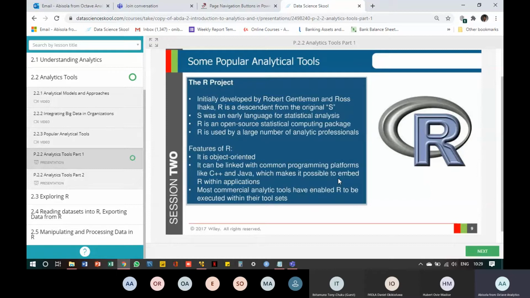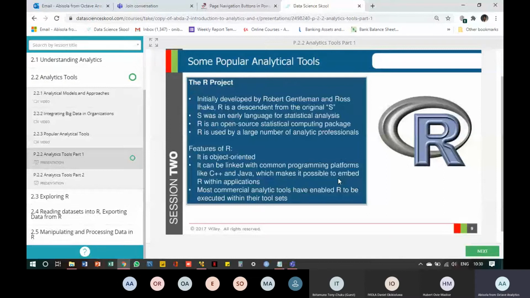So R is an open source analytical package, or you could also say it's an open source statistical package. One thing I like about R is it complements commercial analytical tools. So you can use R in other tools. You can integrate R into Power BI. I love Power BI, so I'm very sure about Power BI. But I know that R is open source and is flexible. So you can complement it with other tools to produce your visualization. So you could decide to integrate an R visual into your Power BI, for example. So R is very flexible.